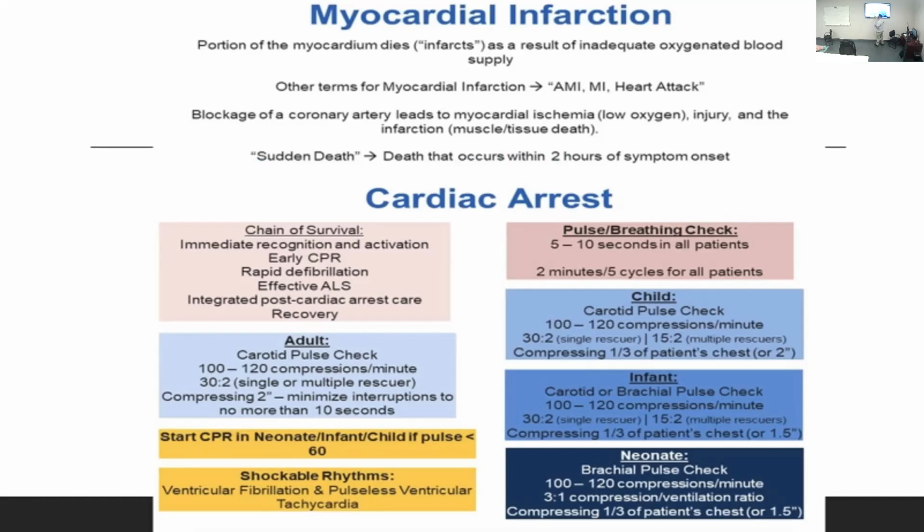So, compressing a minimum of 2 inches with no interruptions of more than 10 seconds. Why are there so many numbers here? Because these numbers have been extrapolated and analyzed, and they've seen what the greatest resuscitation rates are based on what was done. This is the most up-to-date resuscitation science, and this is how you have survivability, by running this thing